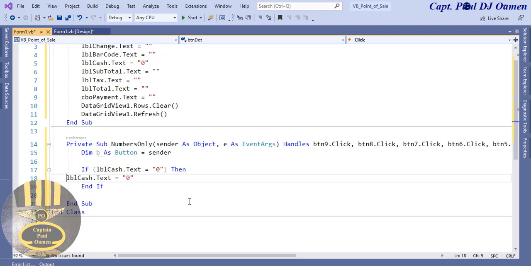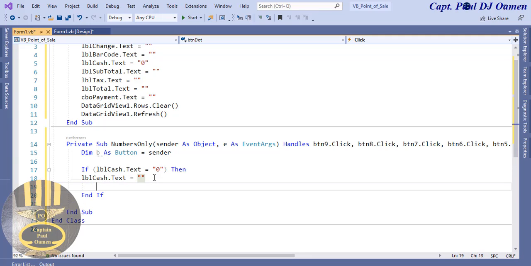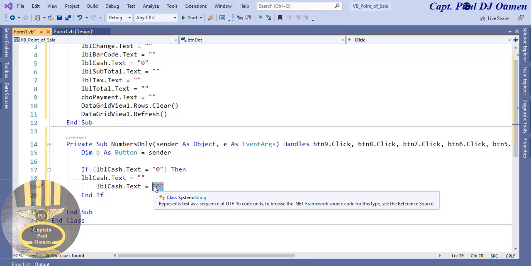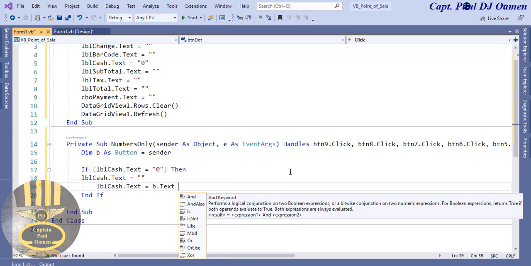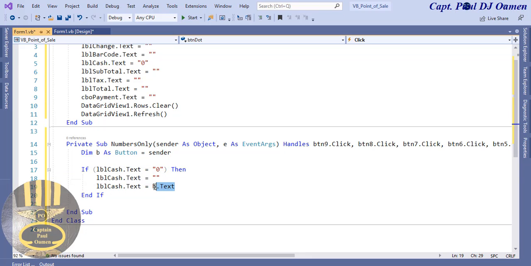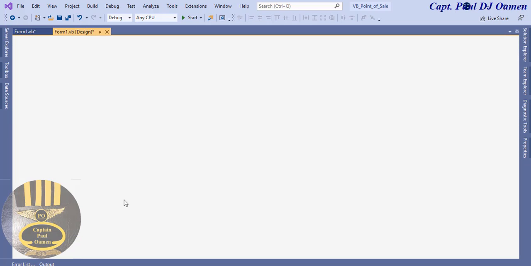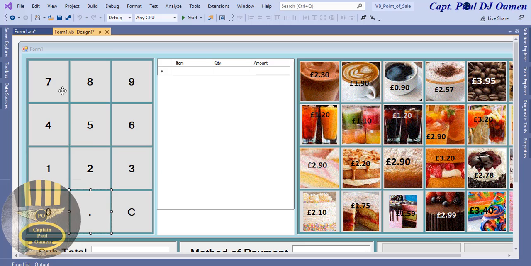Then any other thing we have, we assign this B to it. So B is going to become B dot text. So whatever text we have on these buttons is then added straight onto